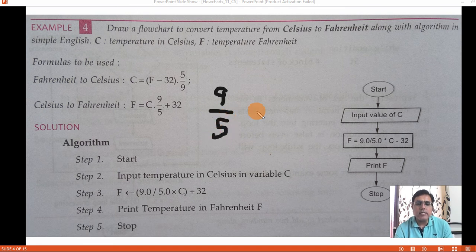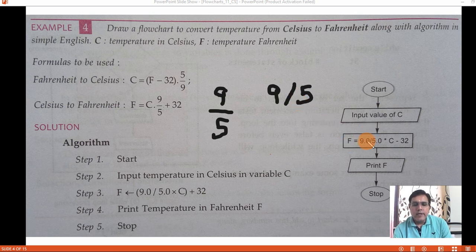So how must it be written in computers? In computers you will write it like this: 9, then the division symbol is this slash, known as forward slash. 9 divided by 5, in the expression you will write it like this.